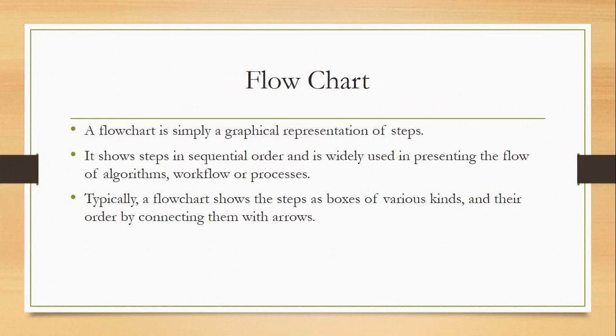That means the data moving from one phase to another phase or from one module to another module is shown with the help of these diagrams, and the direction, moving upward to downward or downward to upward, will be represented with the help of arrows. So to show these steps, we need some boxes or some representation so that they can connect and show what they actually want to perform in that particular process. There are some basic symbols for this. Let's discuss them here.